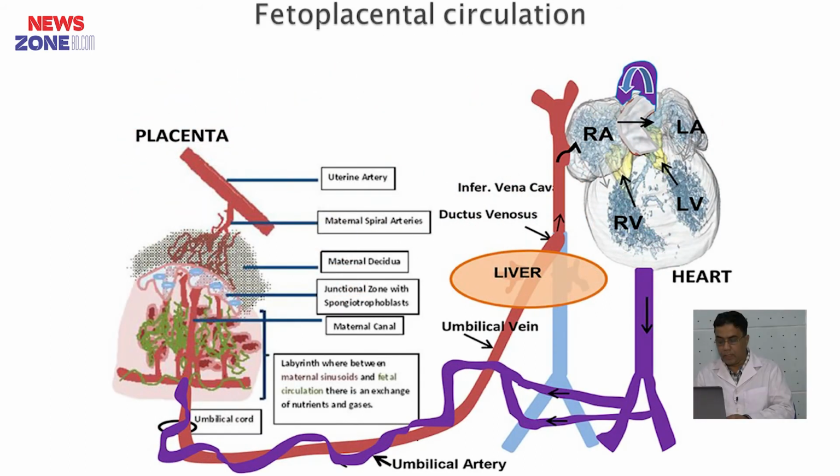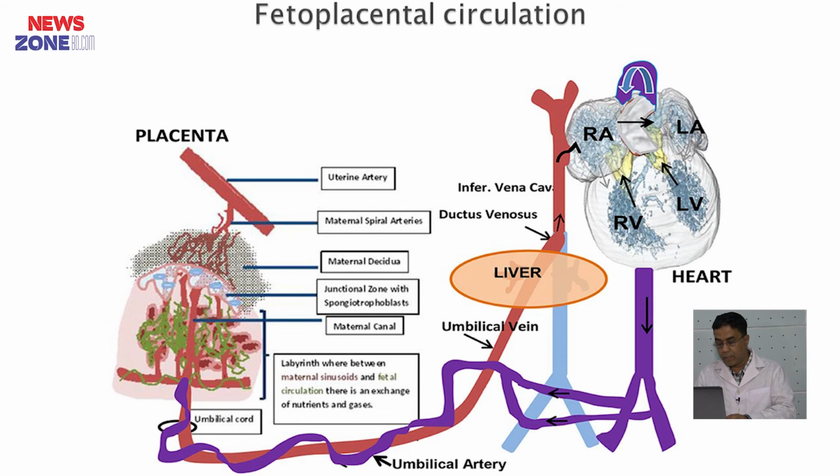Now, placental circulation. Circulation of placenta may be described as fetoplacental circulation and maternal placental circulation. The circulations of the fetus and the mother are separated by a placental barrier or membrane. This is the picture of fetoplacental circulation. Poorly oxygenated fetal blood passes to the placenta through umbilical arteries. On reaching the placenta, the umbilical arteries divide into a number of chorionic arteries, which branch freely in the chorionic plate, and branches enter the chorionic villi.